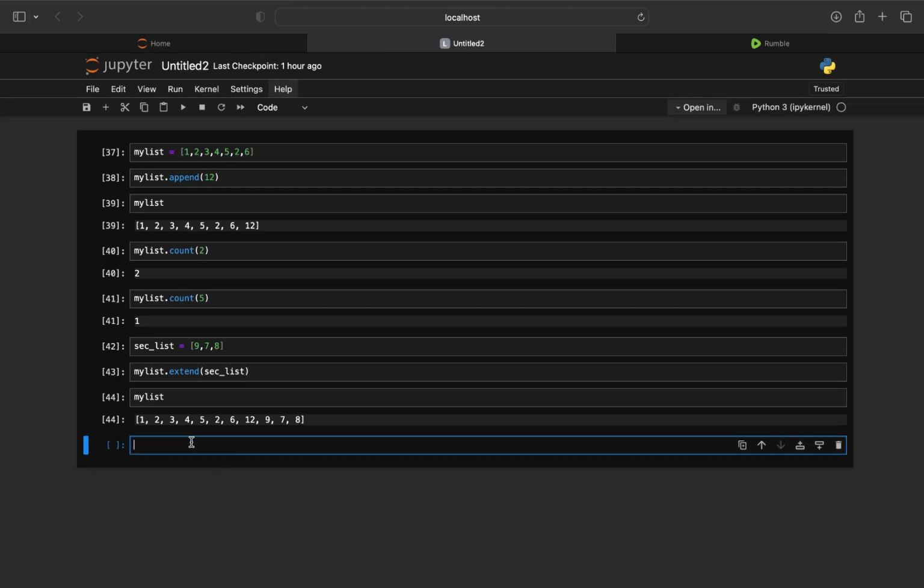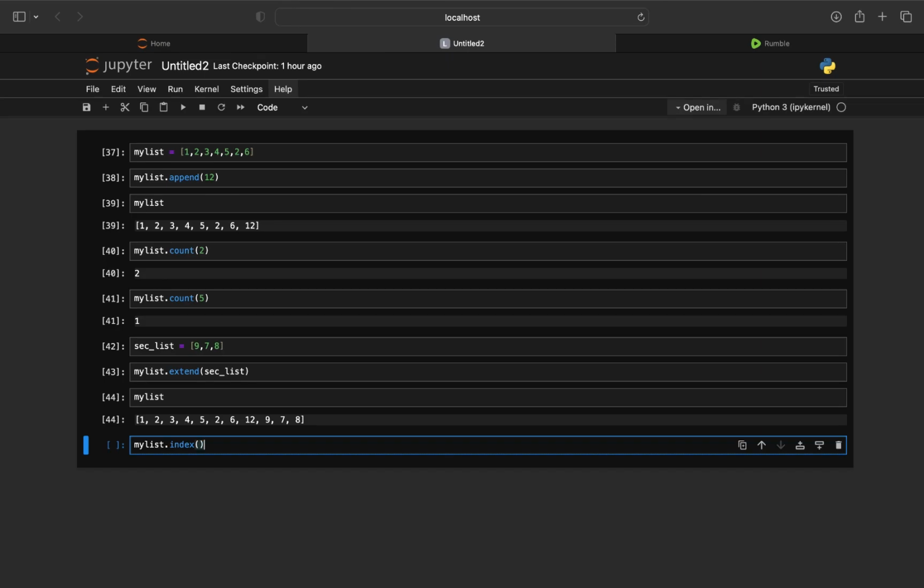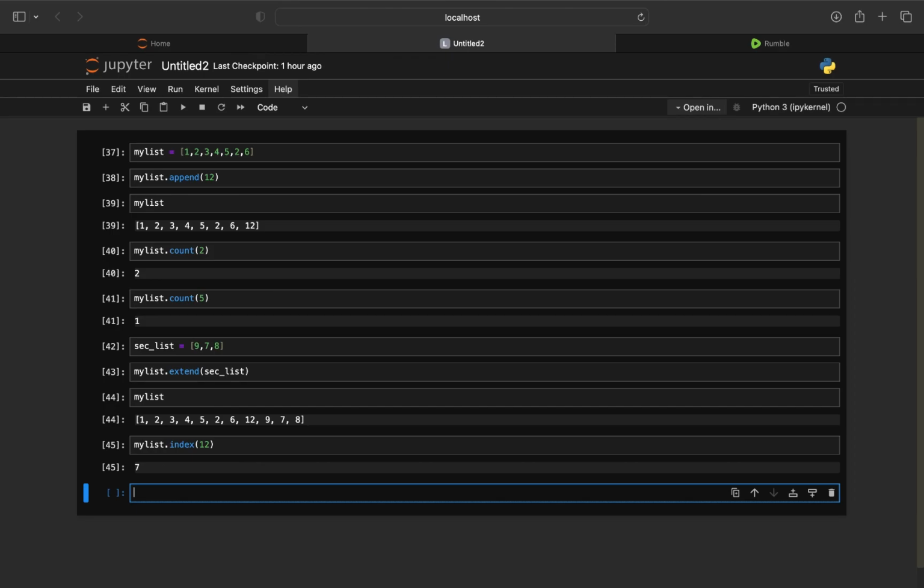Again, the next function is mylist.index. If we want to check the index of any value, then it will tell us the index. For example, I want to check the index of the value 12. It will tell us about the index. It is telling that 7 is the index of the value 12. Okay. Now the next function